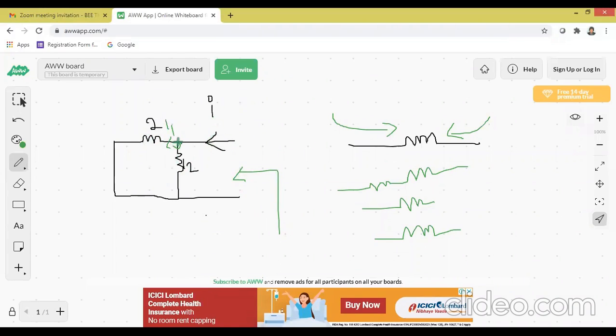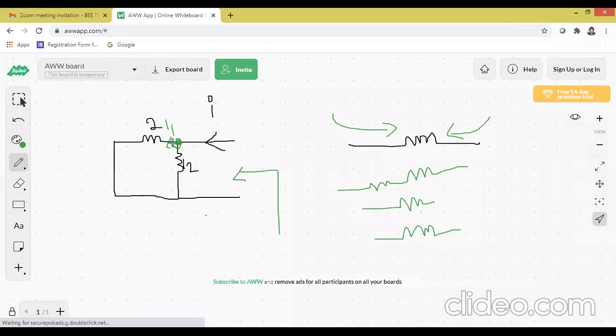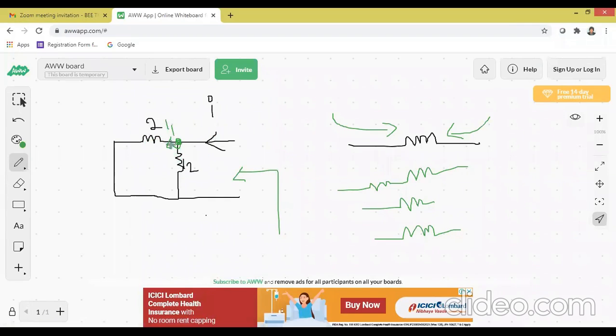So what happens at this junction? At this junction, we got the junction here, right? So current will flow through 12 ohms and the remaining amount of current will flow through 2 ohms. Okay, so current is dividing, current value is decreasing. If I am sending 10, let us say that 10 is not flowing everywhere. 10 is divided into 5 and here also 5. So when the current flow is divided, what's going to happen? We say these two resistors are connected in parallel.